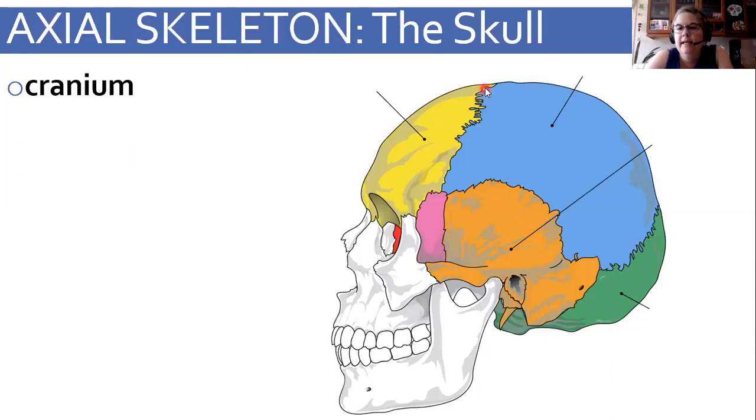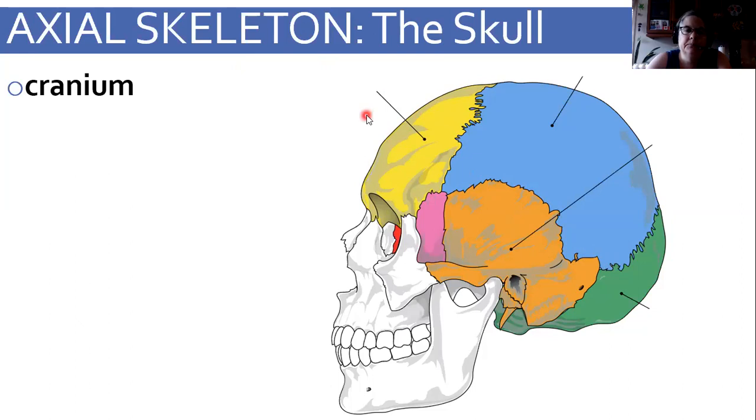So we see the bones. If we were in a classroom, I would actually take a model of a skull and show you. We have all these little fissures that are joining all these plates in our skull together. They're all fused together, but these fissures are easy to see in a skull, and each one of these is counted as a different bone.